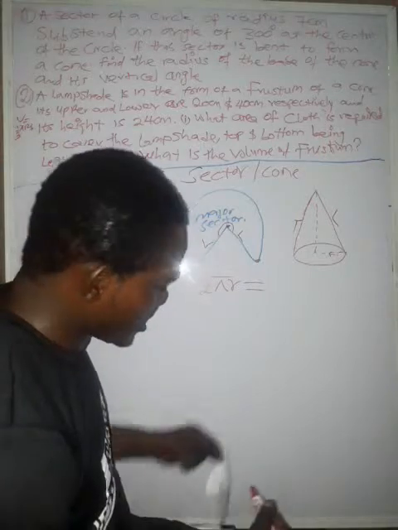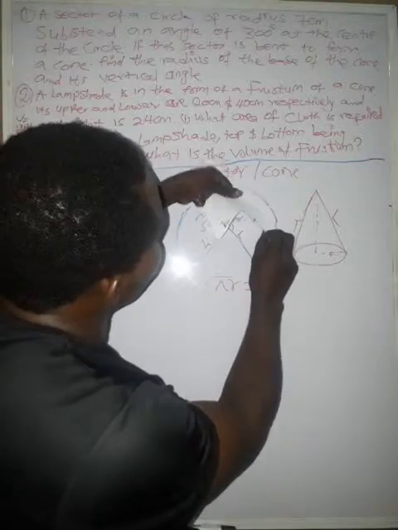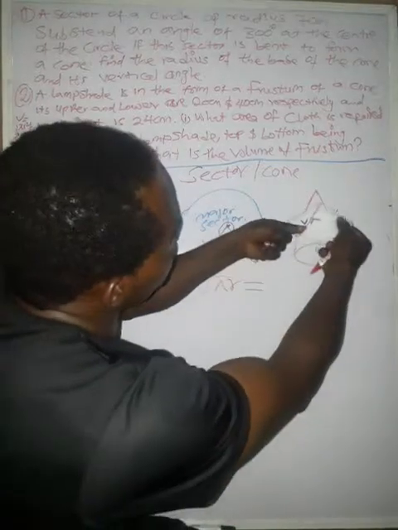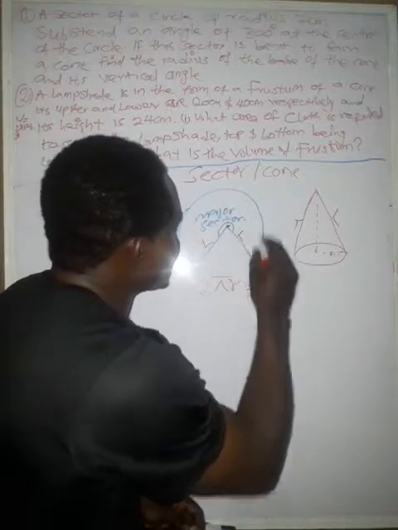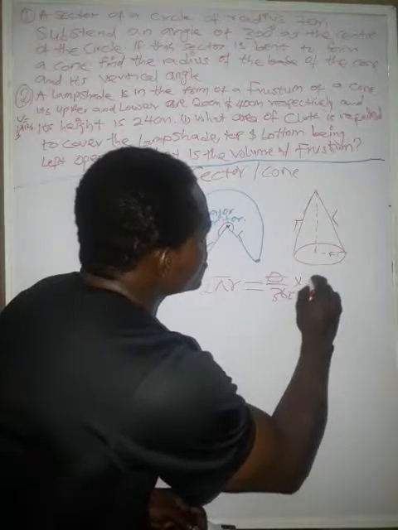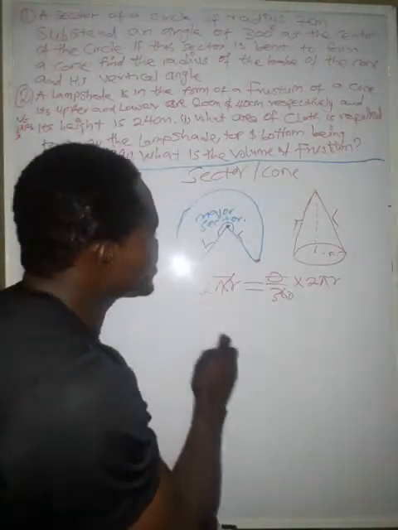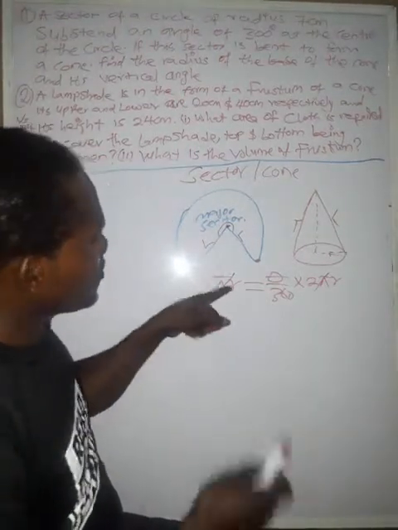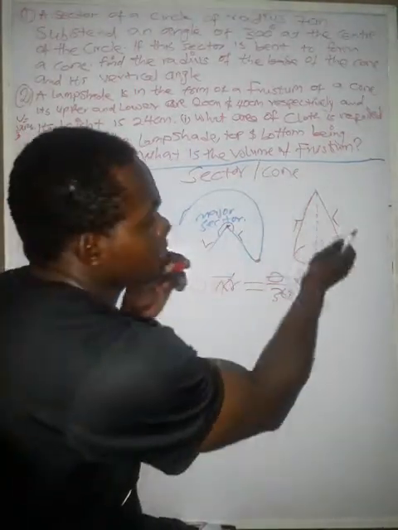According to this, the length of an arc, which is from here down to this length, after you fold it, becomes the base circle of the cone. And the length of an arc is theta over 360 times 2 pi r. You see that the 2 pi r here cancels the 2 pi r here. Don't forget here now, it's no more r, it's now l. I want to differentiate it.